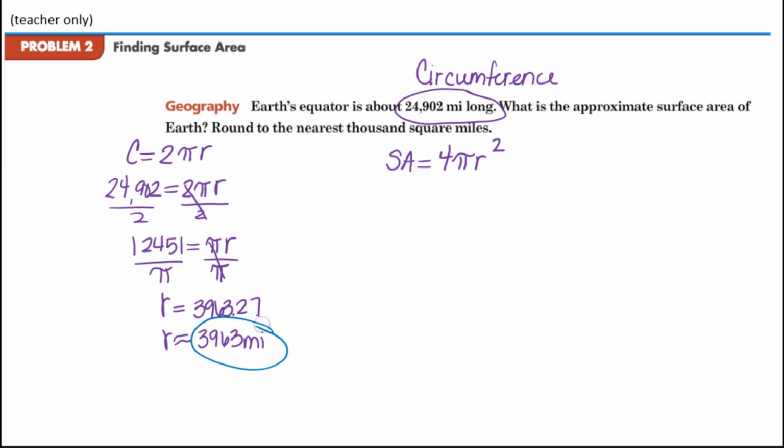Then I'm going to take that value to substitute over into my surface area. So my surface area is 4 times pi times 3,963 squared. So if I take 3,963 and I square it and multiply that times 4, I get